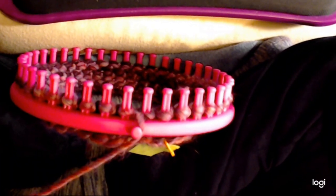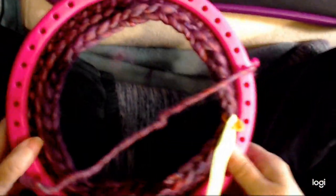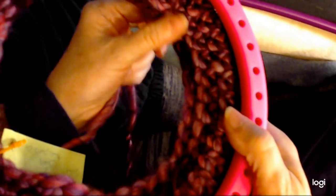Well, hello there. So I'm doing a hat in my chain ridge stitch. I haven't got to the stitch yet, but I've done the cast on and then I've done an owl eye brim. I've done a different cast on than I usually use for the owl eye brim, and it gives you a nicer look